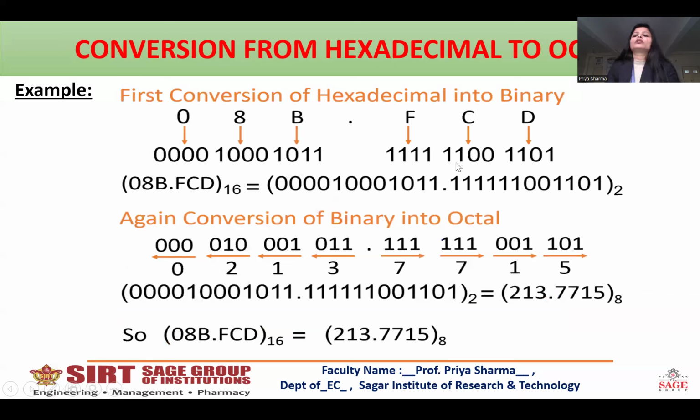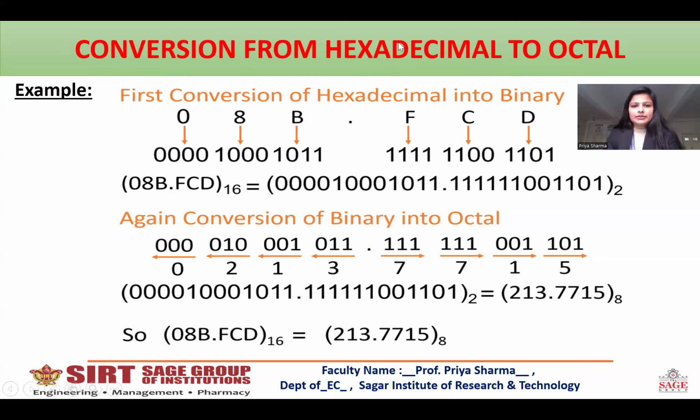Converting from hexadecimal to octal will be a little bit lengthy, as it will follow a procedure. We'll first convert hexadecimal number system into a binary number system, and then this binary number system will be converted into an octal number system. So let us see how we'll do. Hexadecimal number system is given. We'll convert into a group of 4 of binary digits, like 0 is written as this, 8 is written as this, B is written as this, F, C, and D. As it is converted into binary, now grouping into 3, we will convert it into octal, and this is how the hexadecimal has been converted into octal number system.